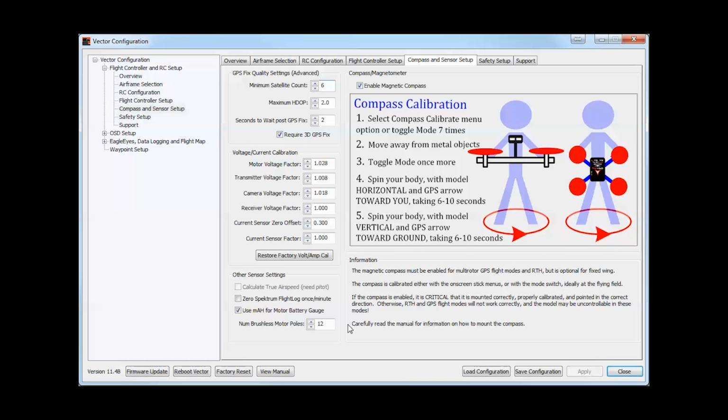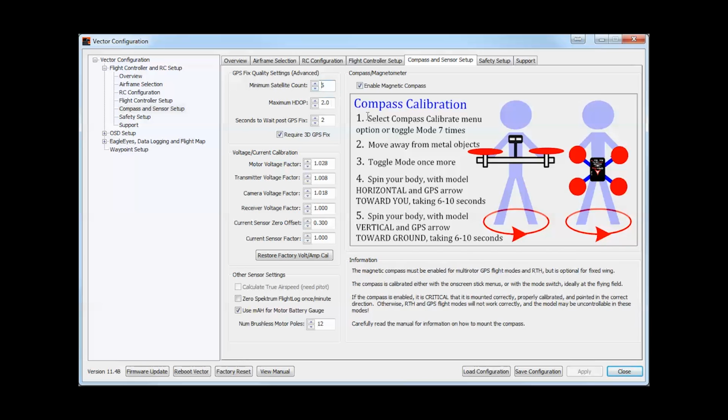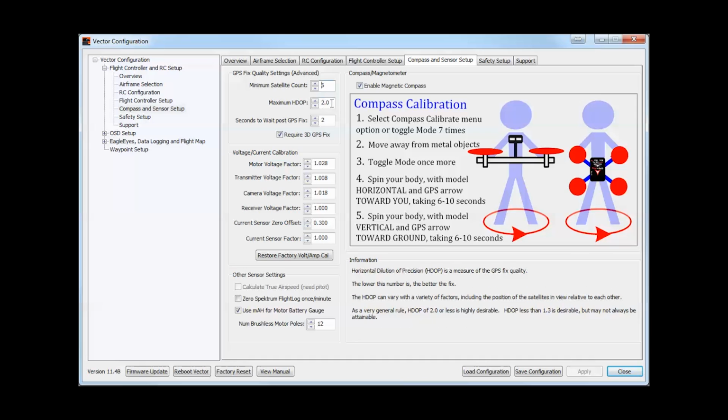Still in the compass and sensor setup, the next thing I wanted to talk about is the GPS fix quality settings. I mentioned in the original setup videos that the vector wouldn't allow arming unless these prerequisite defaults were met. That is in fact not true. You can arm the aircraft, you can fly the aircraft. The only thing that will happen if you don't have, say, if you've got 5 satellites or a very high HDOP reading, is that it just won't allow you to go